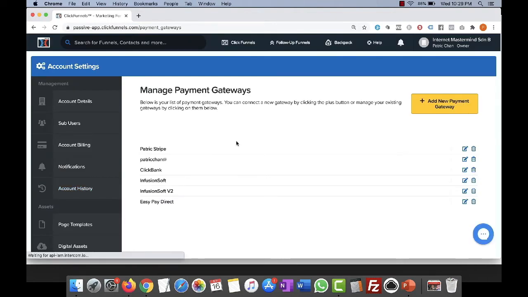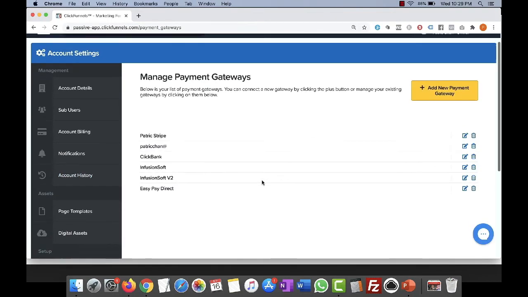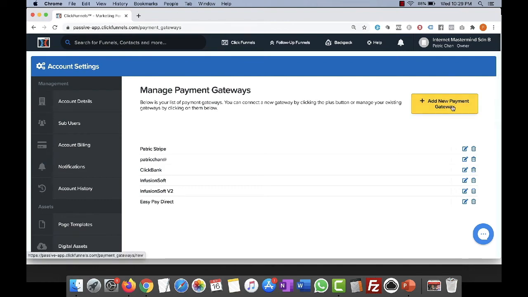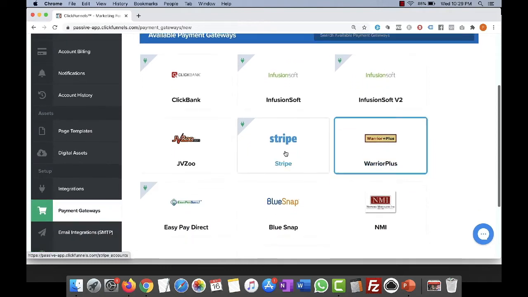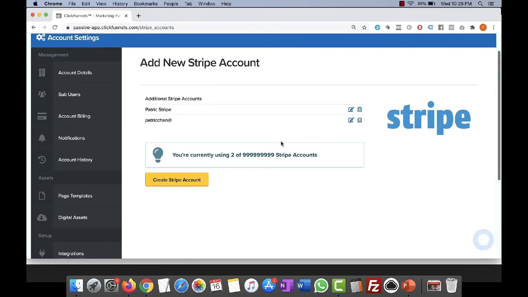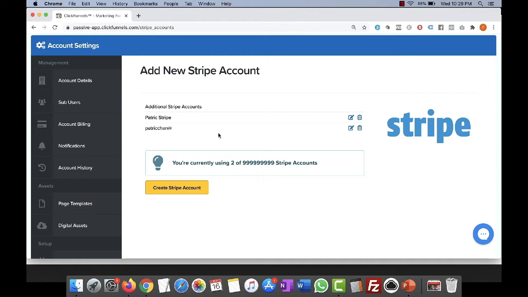As you can see, when I click on that, it comes here, and then it asks me to add new payment gateway, and I can click here. Now I'm already connected with Stripe, right? So therefore I don't have to do it again. But as you can see, the process is really that simple. If you were to click on create Stripe account, then you just follow through the process, and then you'll be able to integrate Stripe into your website builder, in this case ClickFunnels, so that you can follow ClickFunnels system to